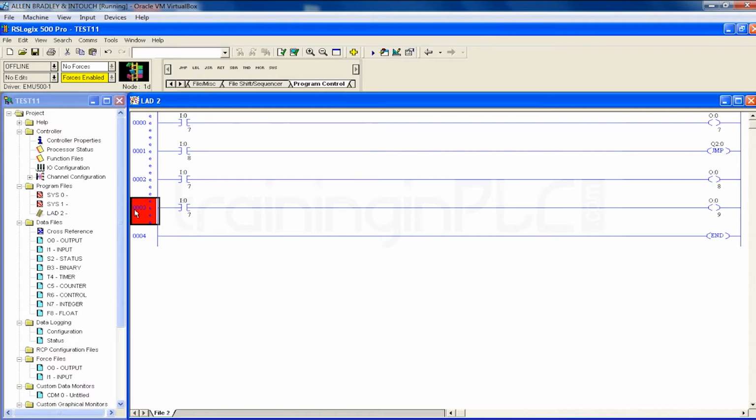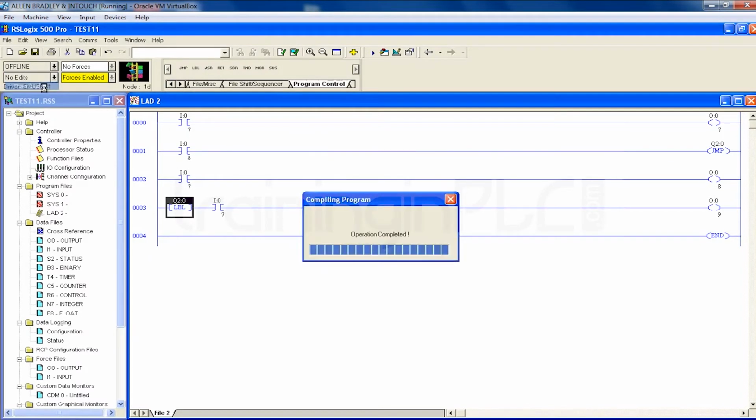So you need to give the limit from this to this. That limit is given by label. If you click on label, it will be asking a question mark. Give the same address, whatever you have given for jump, Q2 colon 0. So you have set the limit. What that means is, from this place to this place, the rung will get skipped if your jump condition is getting true, right? I'll just go online and I'll show you how to do that.